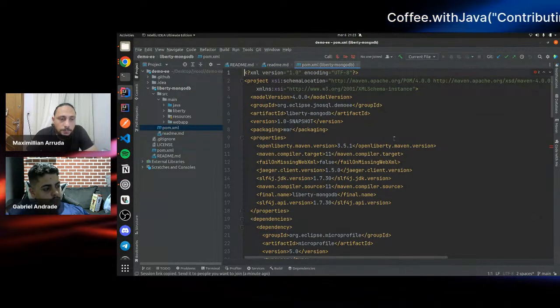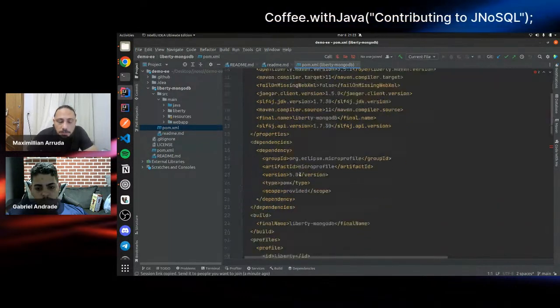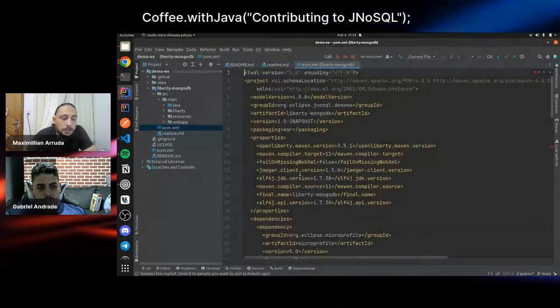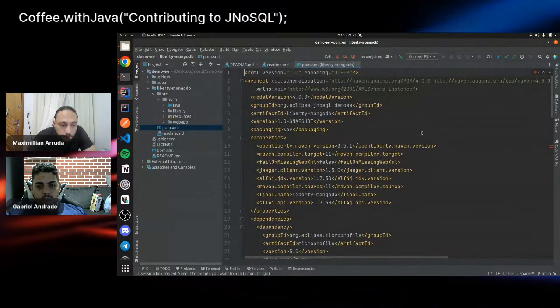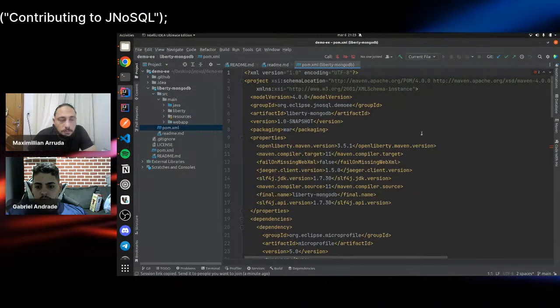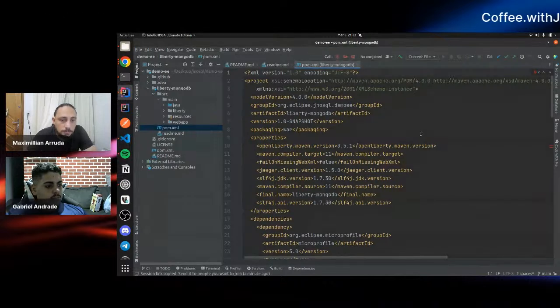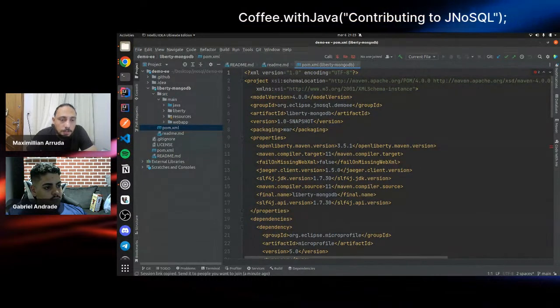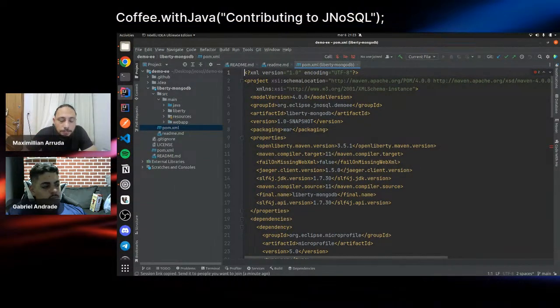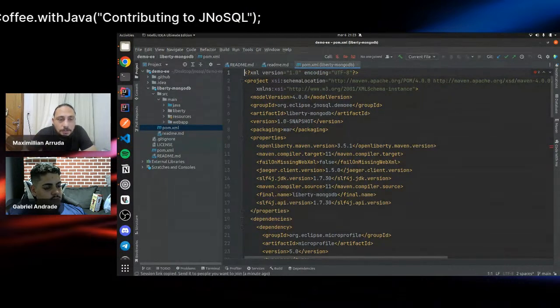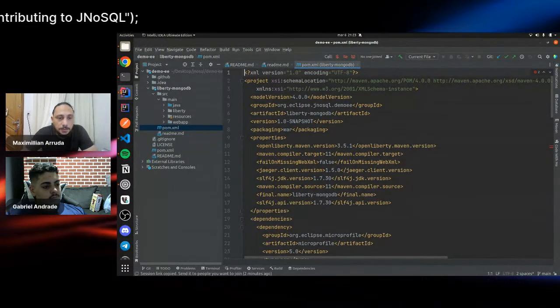Let's start up a MongoDB container on our computer. The easiest way to do this is by using Docker or any kind of container runtime. Today, Gabriel will be typing and writing the code, and I will just help him.